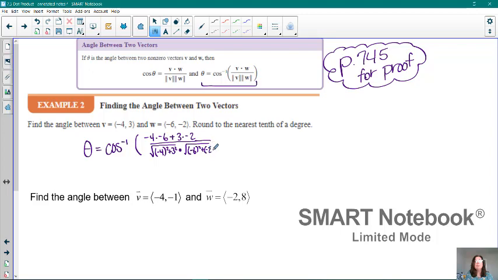plus -2 squared. Okay. So theta is equal to the inverse cosine of, that's 24 plus -6, which is going to be 18, divided by, that's 16 plus 9 is 25, square root of 25 is 5. 36 plus 4 is 40. It doesn't have a square root, we might as well just leave it square root of 40. And then we turn to our calculator and we find the angle between the two vectors is